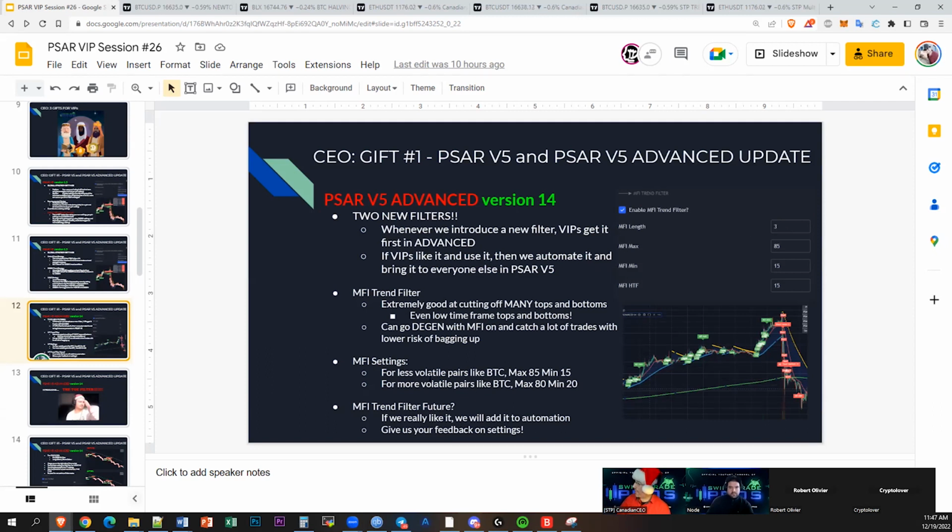Okay, and then what's the future of this? Before I get onto that, there are more volatile pairs, I should add. Max 80, minimum 20, for those alts, and you might even want to go 75, 25 for the really really volatile shit coins